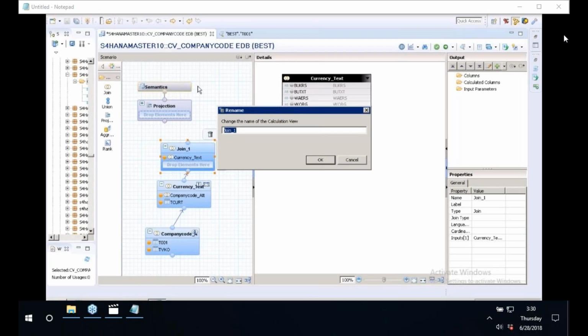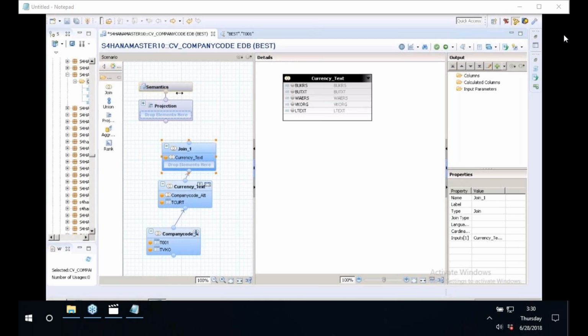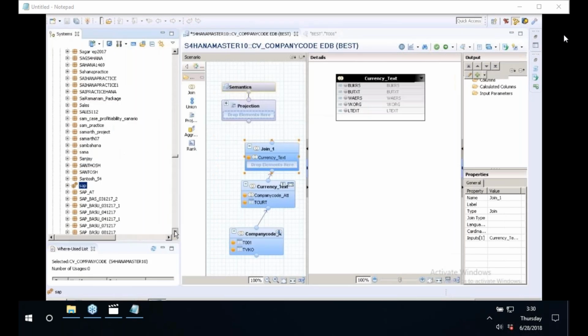Anyways, SAP will provide its standard. Now, where are these standard models? Please see quickly here. Where can you see the standard for this? Go to the SAP package, expand the SAP package, expand the HPA package, expand the simple finance package,